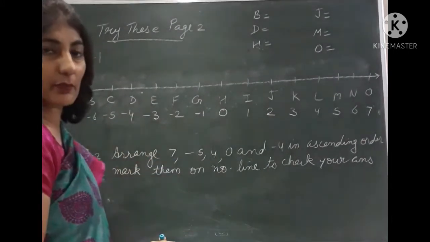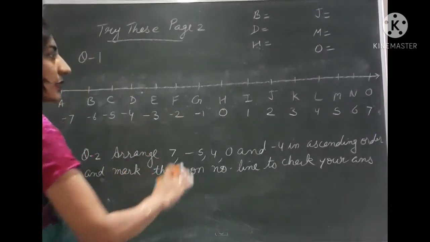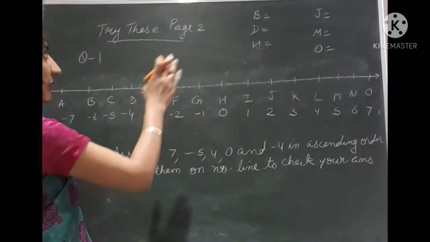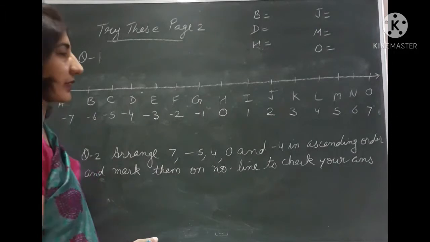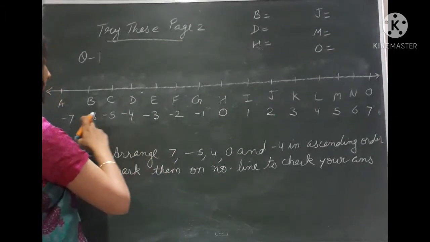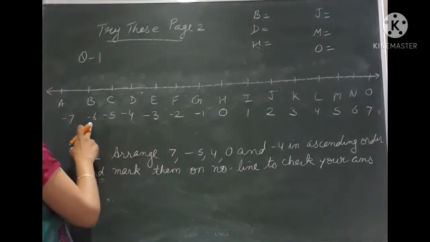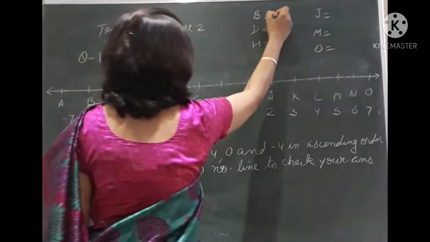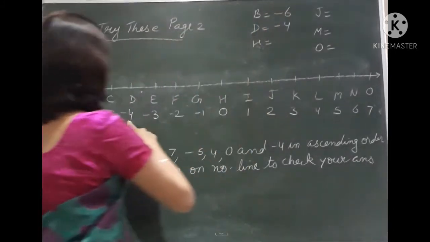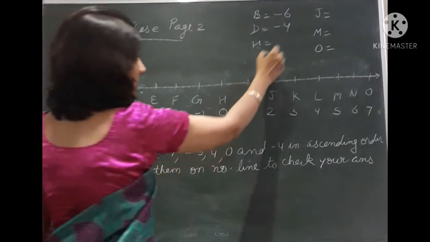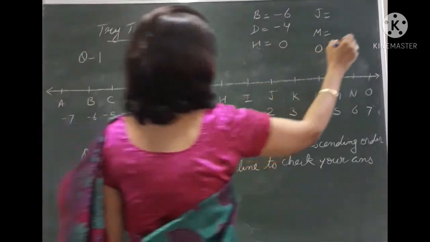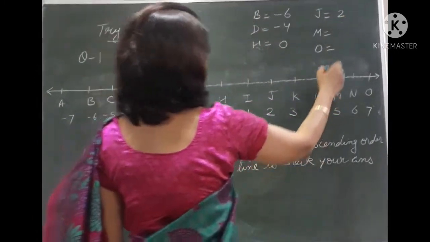Once you draw this number line and mark these integers on it, then you can write the answer for whichever alphabets are required. Here first they have asked for alphabet B. So B is marked by -6, D is marked -4, H is 0, J is 2, M is 5